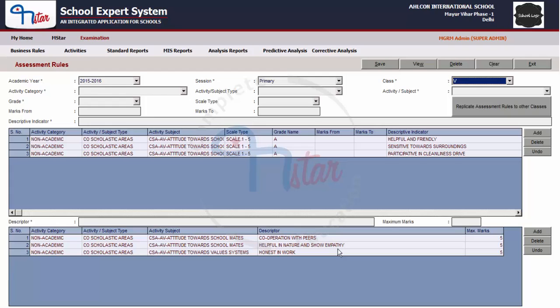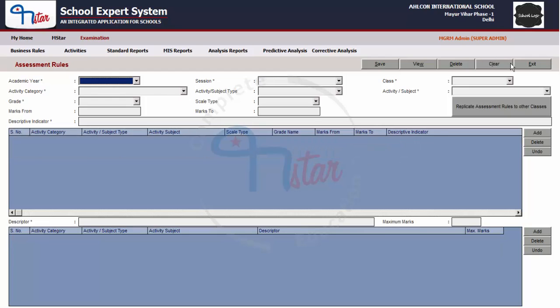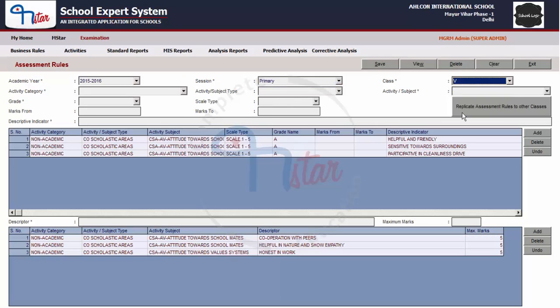Repeat these steps if required for other classes or activities. Click on the clear button to clear the screen. Now after we have seen the addition and modification of descriptor, let us now see how to delete an existing descriptor. Click on the academic year, select session, select class, and as you select the class, the existing descriptors appear